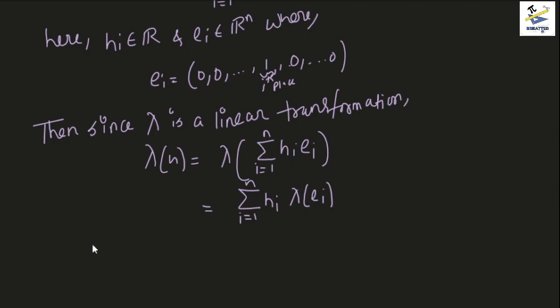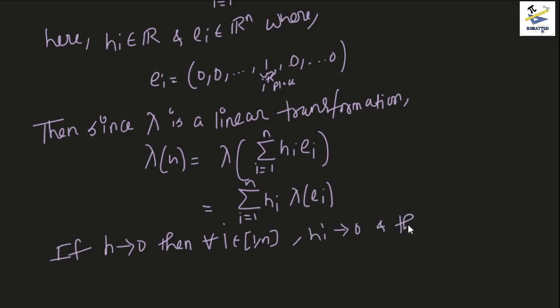Now what we can see is that if h tends to 0, then for all i from 1 to n, hi tends to 0, right? Because when the vector h goes to 0, all of its components go to 0, and therefore